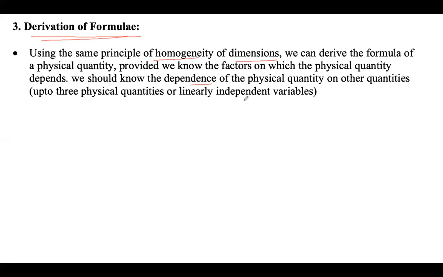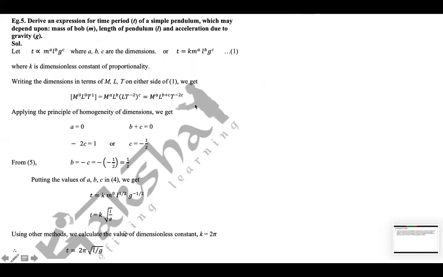तो हम लोग को 3 फिजिकल क्वांटिटी पता होने चाहिए जिन पे ये डिपेंडेंट है, तो उसके हिसाब से हम लोग डिराइव करते हैं. फॉर एग्जाम्पल, अगर हम लोग को एक टाइम पीरियड सिंपल पेंडुलम का डिराइव करना है, तो क्वेश्चन में दिया होगा कि इट इज डिपेंडेंट ऑन मास, डिपेंडेंट ऑन लेंथ एंड एक्सेलरेशन ड्यू टू ग्रेविटी. 3 चीज पे डिपेंडेंट है. So we write T is equal to K times mass raised to the power A, length raised to the power B, G raised to the power C, where A, B and C are called the dimensions.